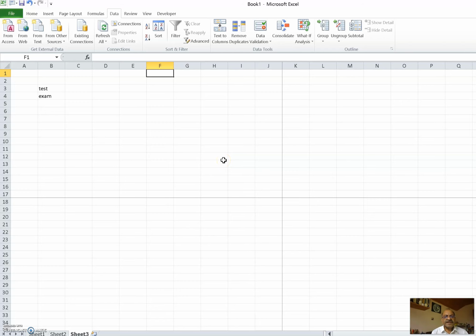Now in this session, we are going to discuss something known as quick action buttons. This will be very useful to you when you are under pressure and you have to finish a lot of jobs. This feature will enable you to optimize the data bar, menu bar, ribbon, etc., to suit your requirements